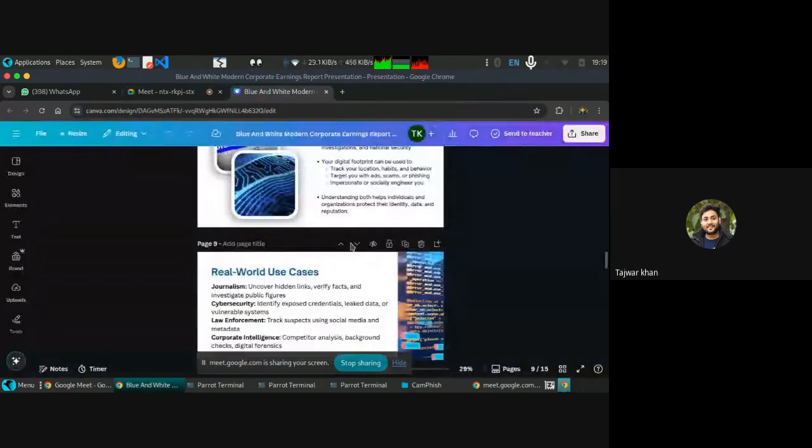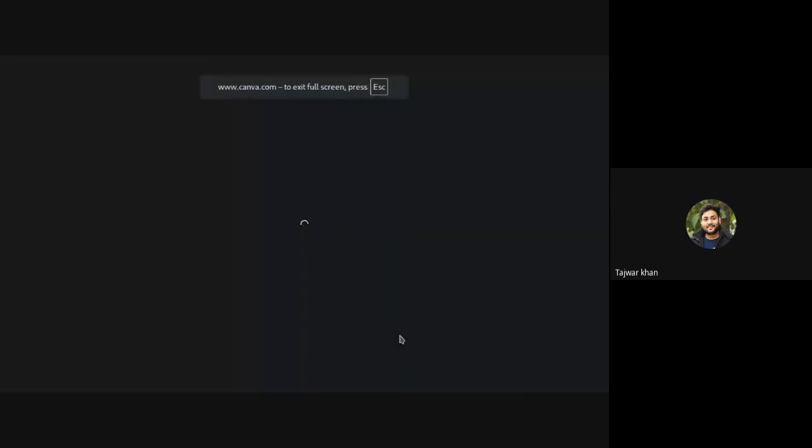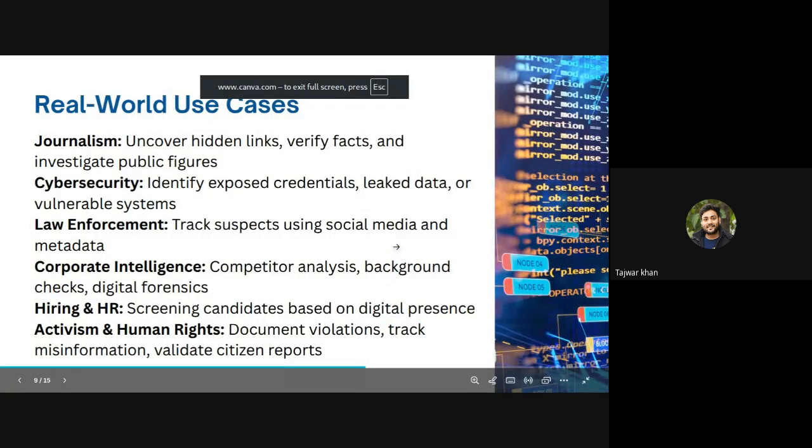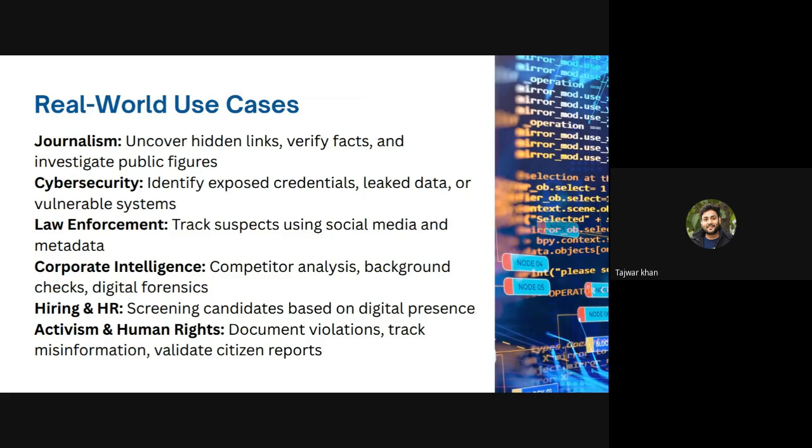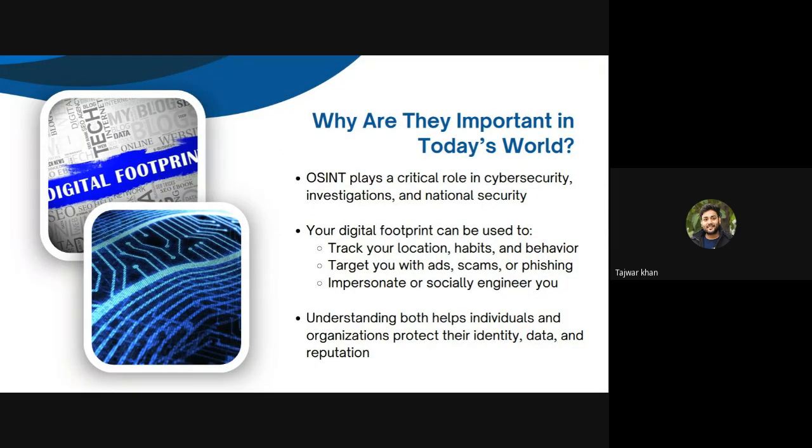Okay, so now coming back to our session, I was talking about all these things. I hope my slides are visible to you. Yes, sir. If I delete all my social media accounts, can they still find my footprints? Yeah, exactly. They can find your digital footprints, because when you write something, your footprints will be somewhere. Whatever data you share over the internet is being stored somewhere.